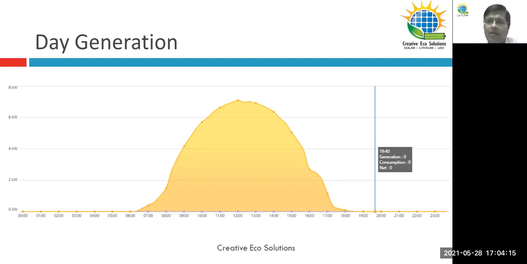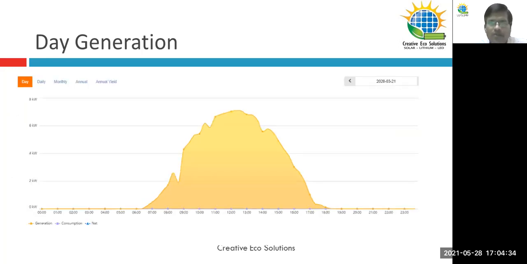The power generation is never constant. It will be fluctuating. A 10 kilowatt plant will start from 0, 1, 2, 3, 4, 5, 6, 7, 8, and again come down. It will never generate a 10 kilowatt output. What matters is the number of units generated during that time. This is a typical daytime generation; you'll have little ups and downs based on the sunlight.